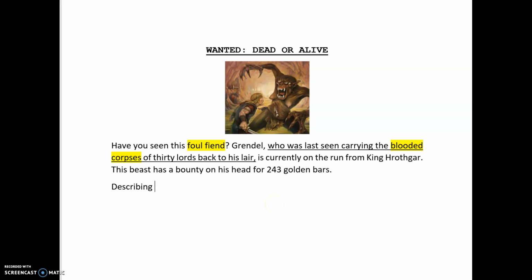Described by villagers as a beast born of evil. I'm sure you'll remember that we got that from one of the extracts we looked at earlier last week. Described by villagers as a beast born of evil, Grendel is a merciless,